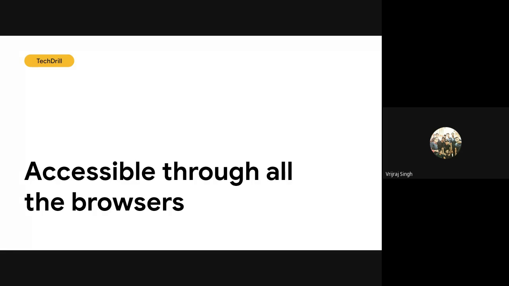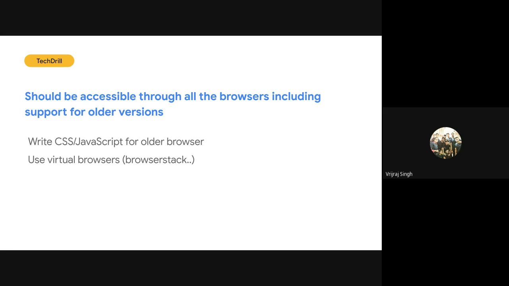So whenever you are working on the website part or creating a web page, you need to focus on the accessibility part, where your website should be accessible in all the browsers, and users can get the same user experience. Let's say I'm getting X type of user experience for Chrome, and I need to create a website that gives the same user experience for Mozilla as well as Safari. So you just need to focus on the CSS part as well as the JavaScript part, because